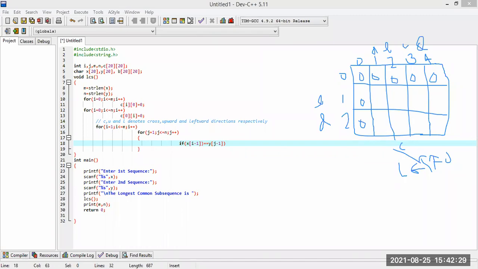Okay. So now what we will do here, now we are